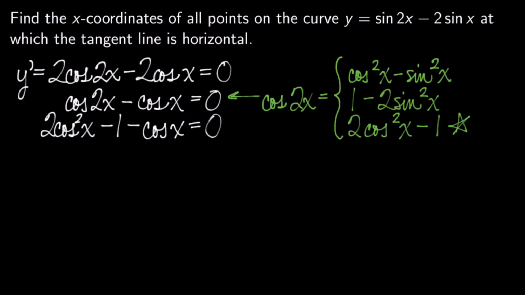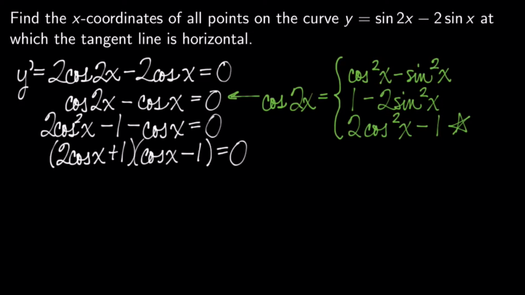So now I'm excited. I've done enough of these problems to see how I have a quadratic equation in disguise, and that this thing can actually be factored into 2 cos x plus 1 times cos x minus 1 equals 0. Now, if you didn't see that as quickly as I did, if you didn't see this as a quadratic,